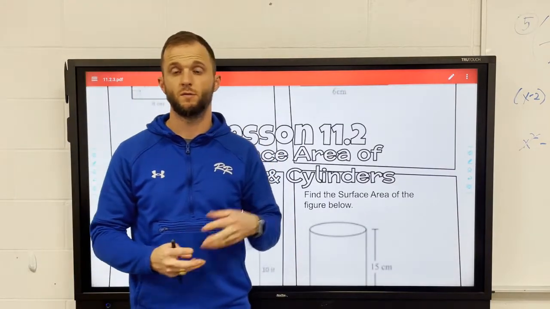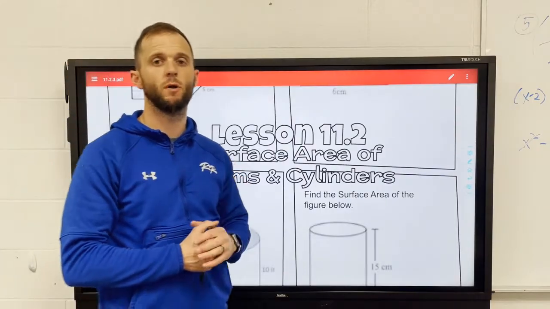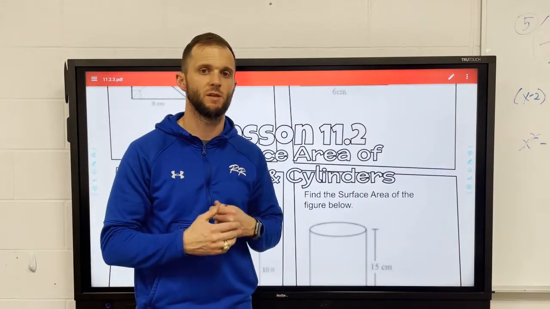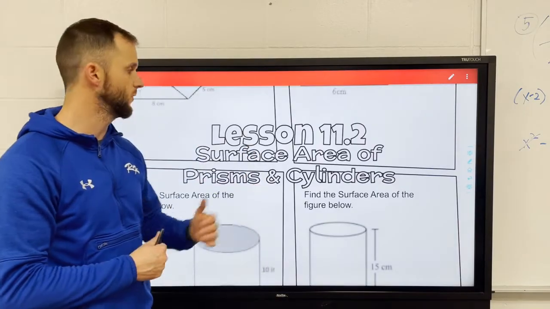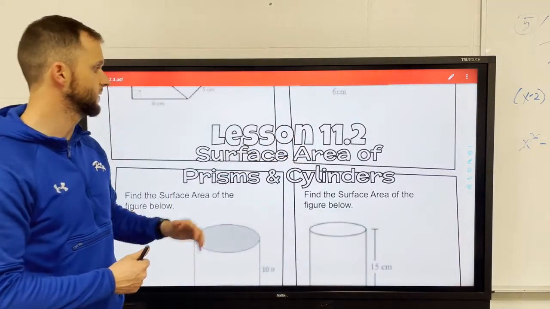Today, we're moving in further into Unit 11. You guys did 11.1, which had to deal with the cross sections of 3D figures. So moving in further into our 3D figures unit, we are doing lesson 11.2, which deals with the surface area